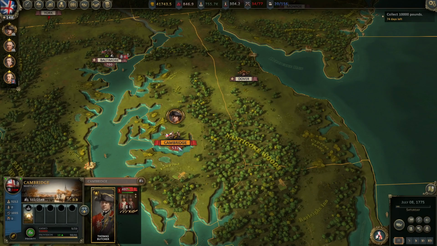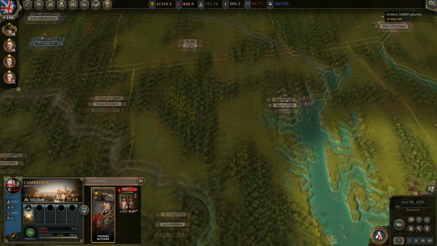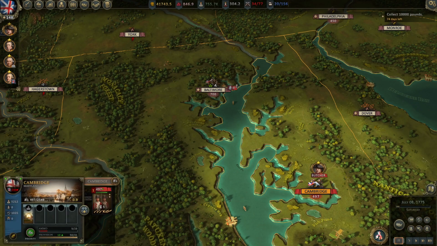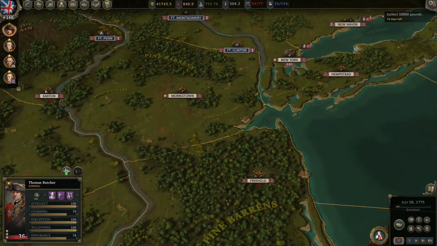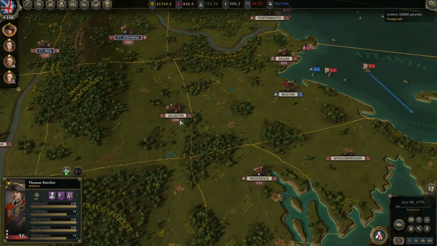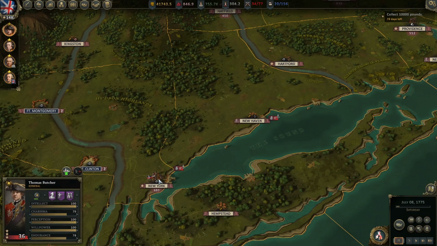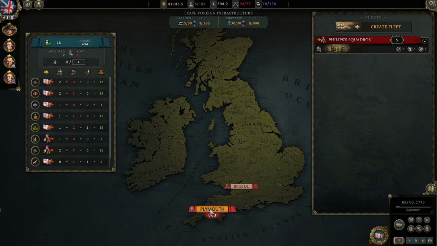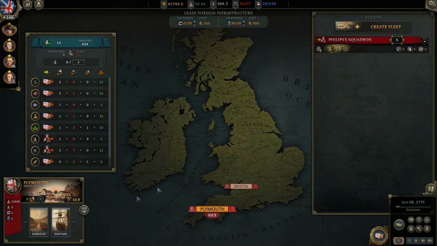I think for now, what makes the most sense, my character's going to book it out of Cambridge up north to New York, maybe, and then try to move toward Boston to retake it. Meanwhile, in the north, where is this guy going, though? This guy's still trying to raise a couple of regiments in...